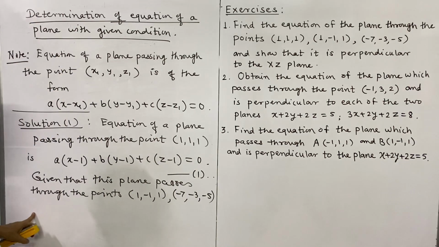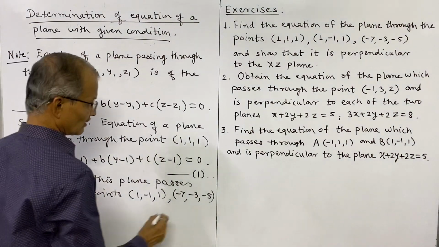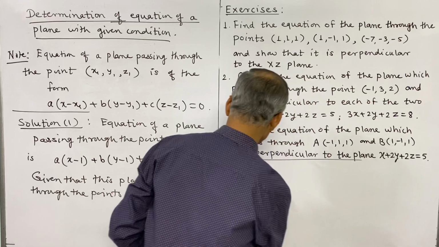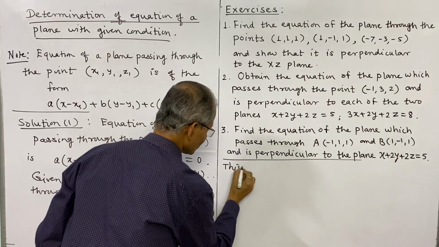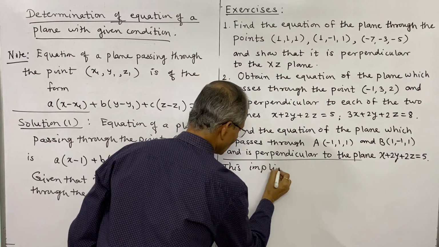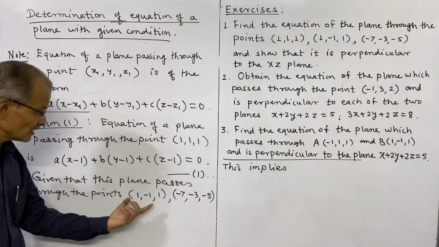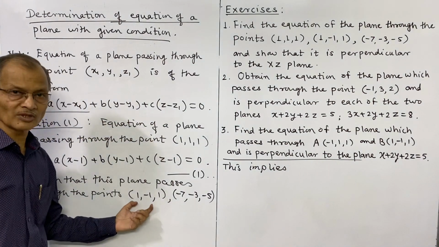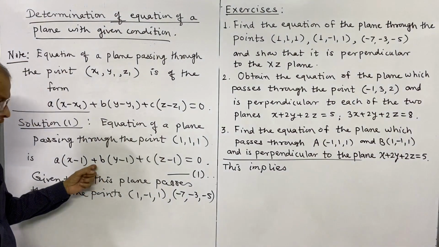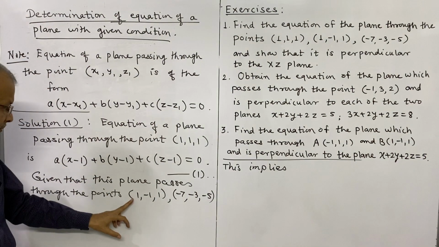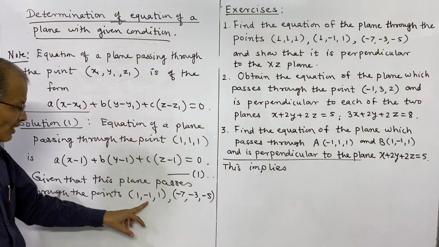So therefore this implies, now see this plane passes through these 2 points means these coordinates of these 2 points must satisfy the equation 1 and therefore if you put x is equal to 1, y is equal to minus 1 and z is